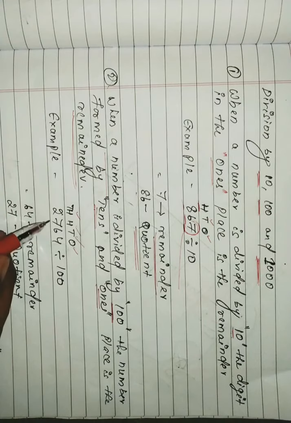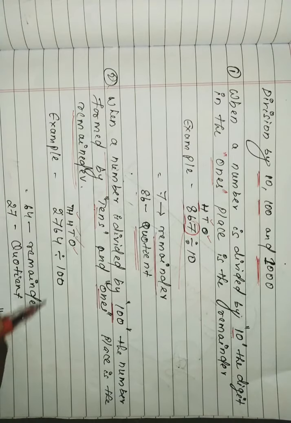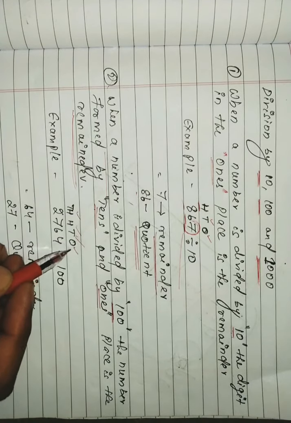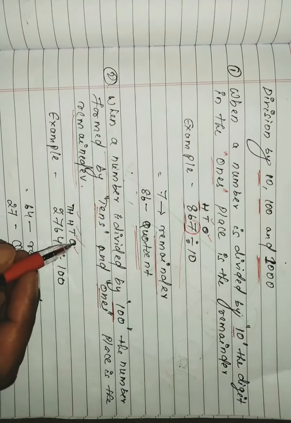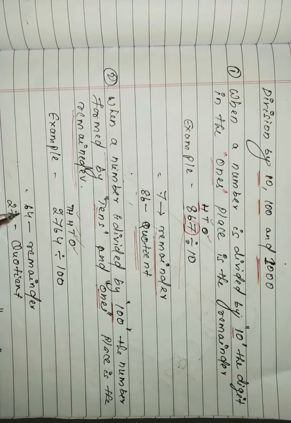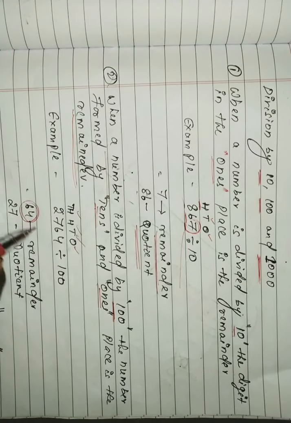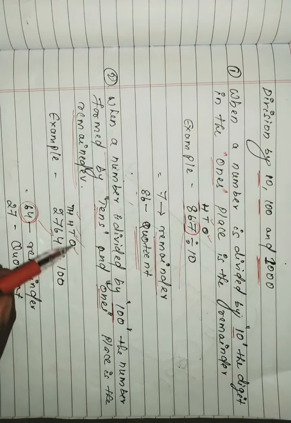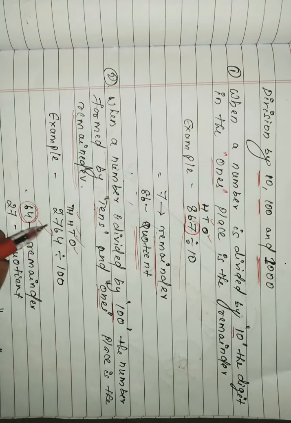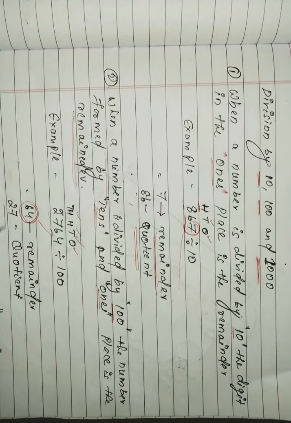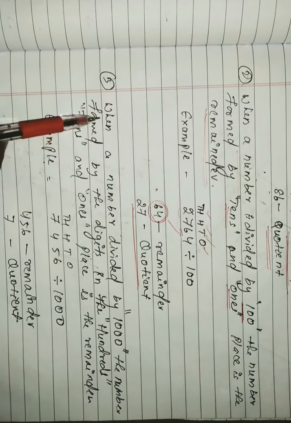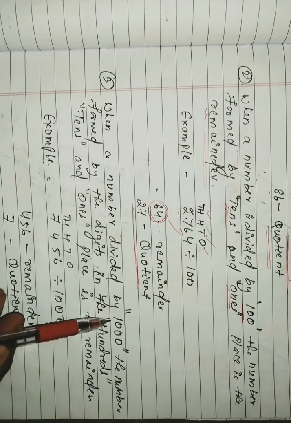So if you divide 2764 by 100, the digits in the tens place and ones place will be the remainder. Remember, the digits in the tens and ones place will be the remainder and the remaining number will be the quotient. Okay, clear? Now let's move to the next, that is when a number is divided by 1000,